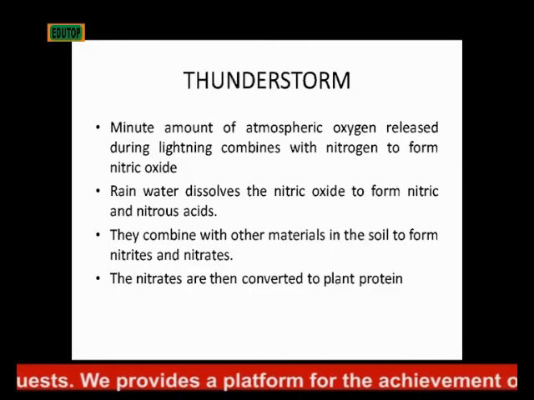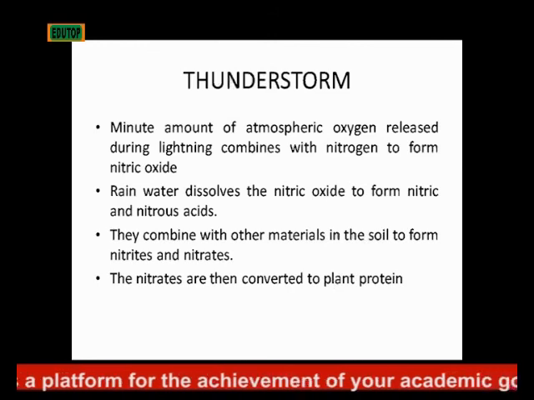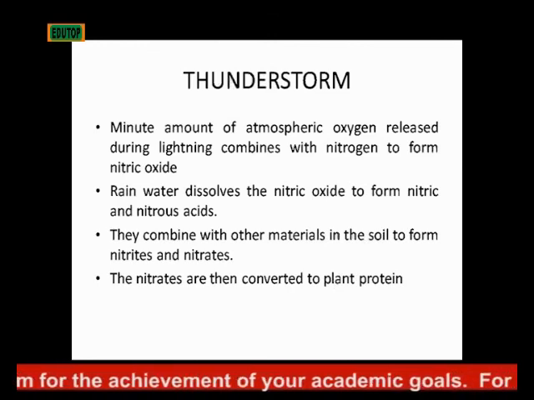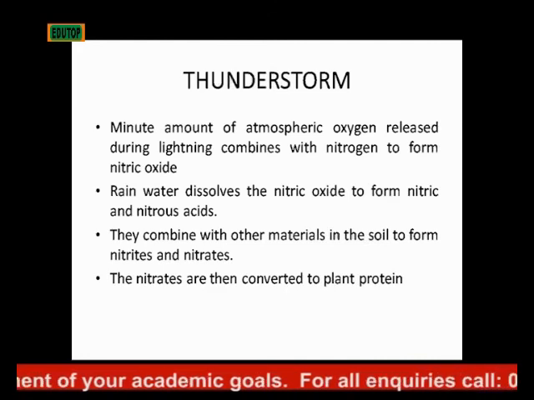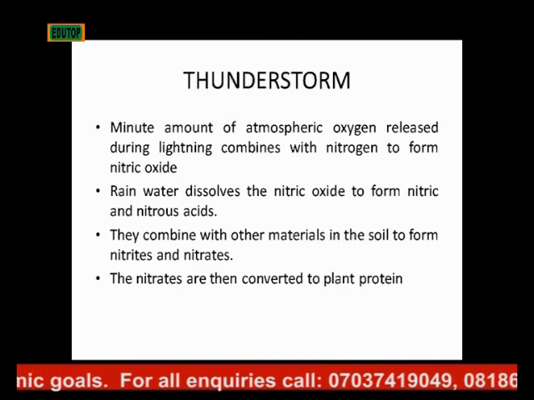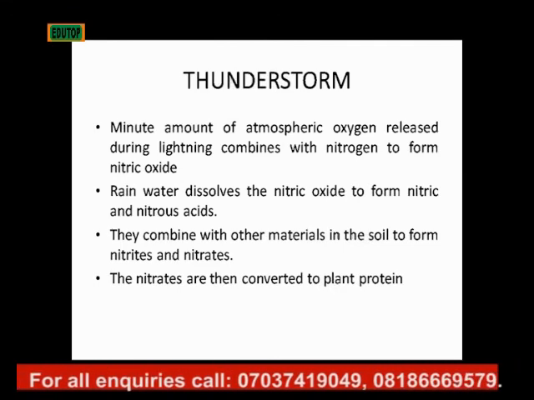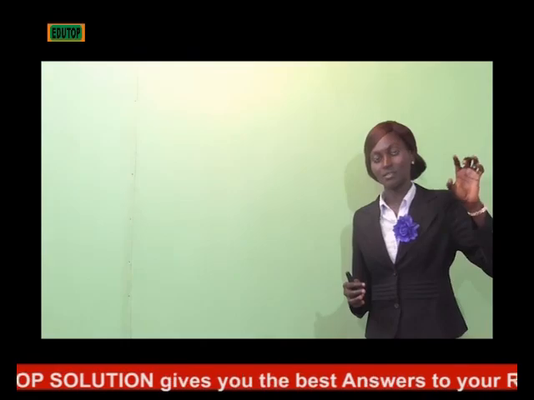Minute amounts of atmospheric oxygen released during lightning combine with nitrogen to form nitric oxide. That is still talking about thunderstorm. When there is lightning, there is a small amount of oxygen that is released. So that combines with nitrogen to form nitric oxide. Rainwater dissolves the nitric oxide to form nitric and nitrous acids. So when rain falls, that oxide that is formed from the lightning, the oxygen that